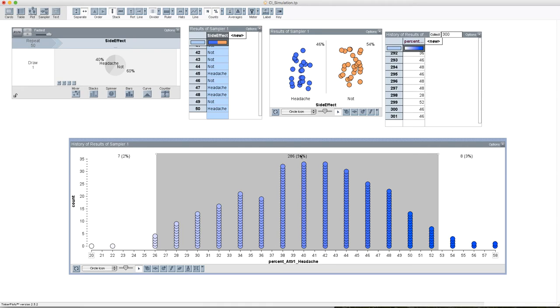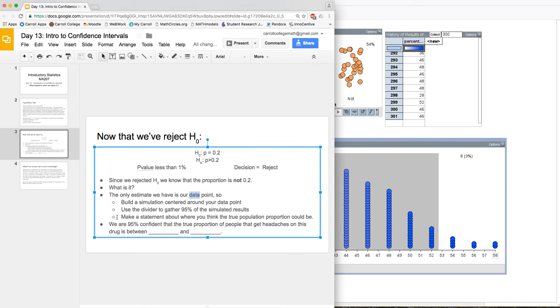So what this tells me is that I am 95% confident that the true proportion of people that have headaches on this drug is going to be between 26% and about 53%. So coming back to here, let's write that down. We are 95% confident that the true proportion of people that get headaches on this drug is between